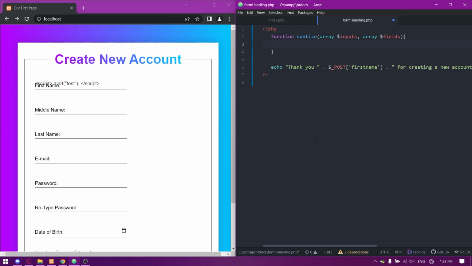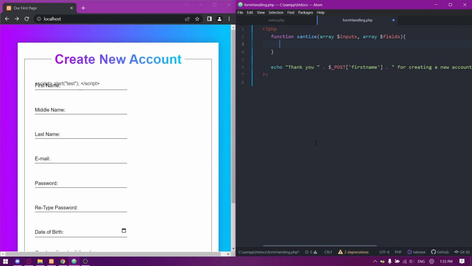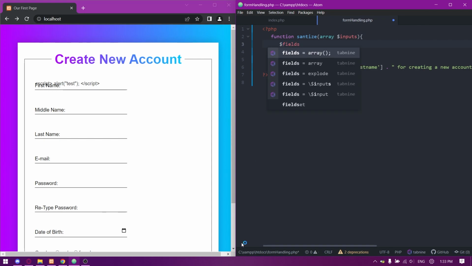I'll explain that in a sec. So this is for a general sanitize, but okay, we don't need the fields. We can define the fields inside the function if we have to. So yeah, let's do that. So fields,